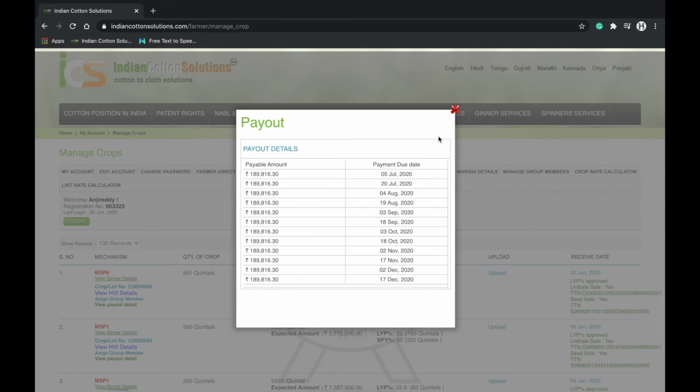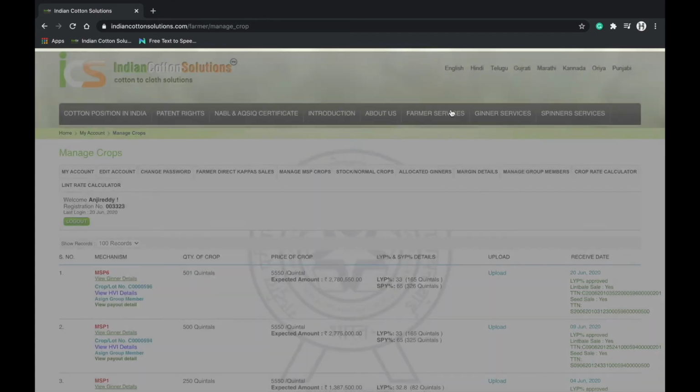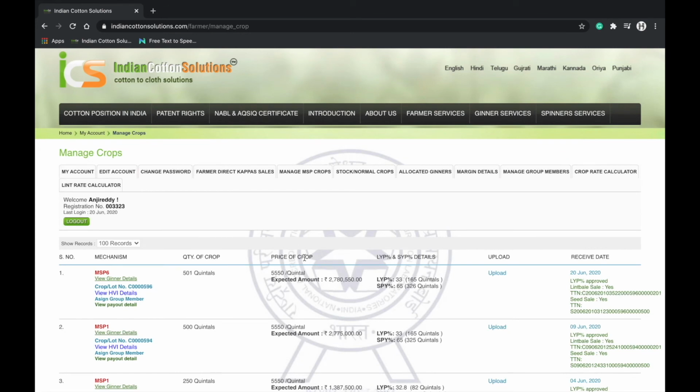The MSP option sale is most profitable to the farmers in the coming season 2021, which starts from October, as the Government of India has increased the MSP to 5,875 rupees per quintal from 5,550 rupees per quintal. On the contrary, the demand for cotton is not up to the mark due to the COVID-19 lockdown and heavy stocks of last season are being carried forward. So the farmers are strongly advised to go for the MSP 6 option sale to get the maximum premium without stocking the kapas at their homes, so that the price per quintal may match the MSP rate fixed by the Government of India, which is